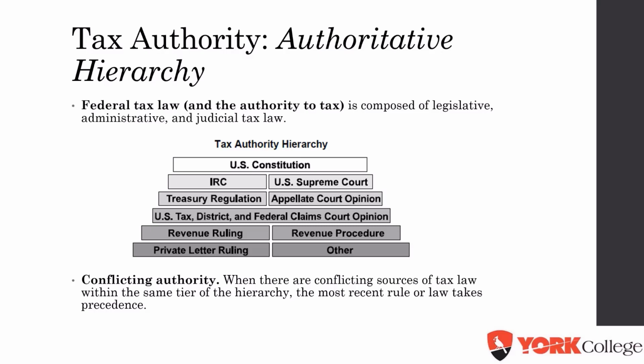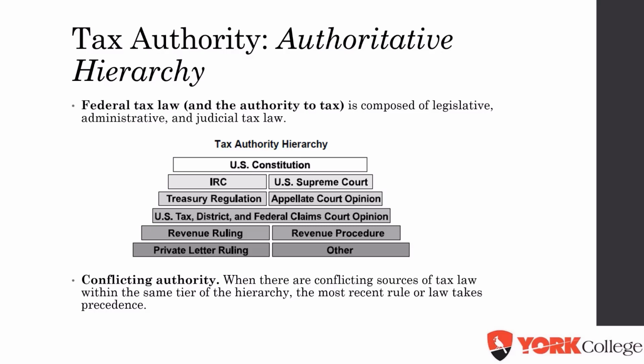So what's important to keep in mind here is that when there are conflicting sources of tax law, whether it be written in a vague way by Congress or interpreted in a siloed manner by a court or enforced by a federal agency in an arbitrary manner,